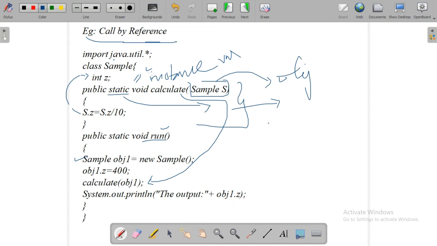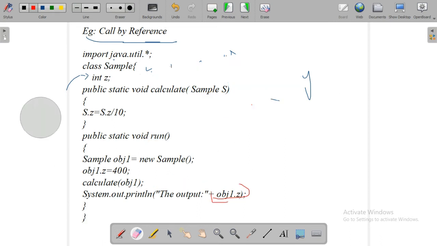This z is accessed through this second object, object1 dot z equal to 400. So when calculate of object1 executes, the control goes here, and instead of Sample s, it will refer to object1, do the process, and send that value object1 dot z. So this is the concept of object by reference.